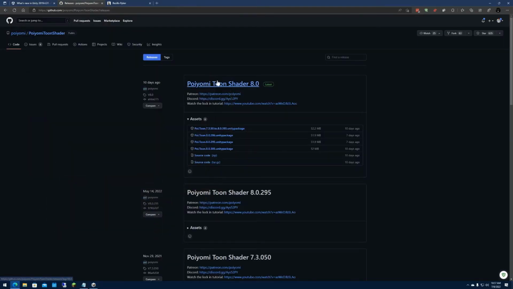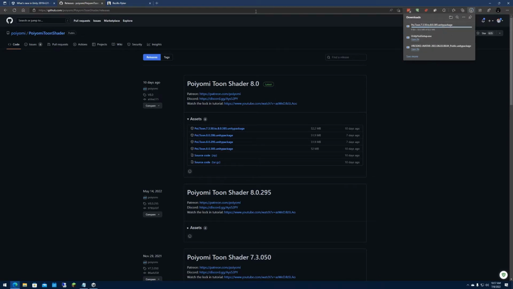So you'll need to get the Poyomi Toon Shader. That is, without getting into too much about what shaders are, you'll need this for how your avatar looks. This one is the free version, so you'll want to download this one that includes 7.3.50 and 8.0.385. This part of it's not that important. 7.3 is still very popular and used a lot, and 8.0 is the newest version. So we'll click that and download that. You'll see it's also a Unity package,